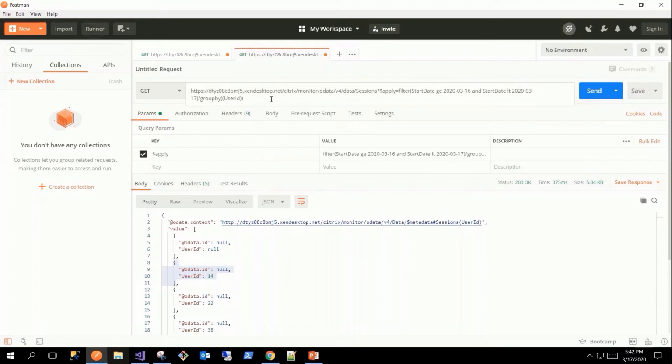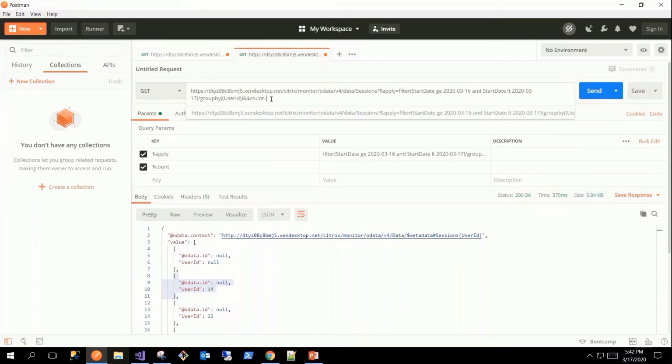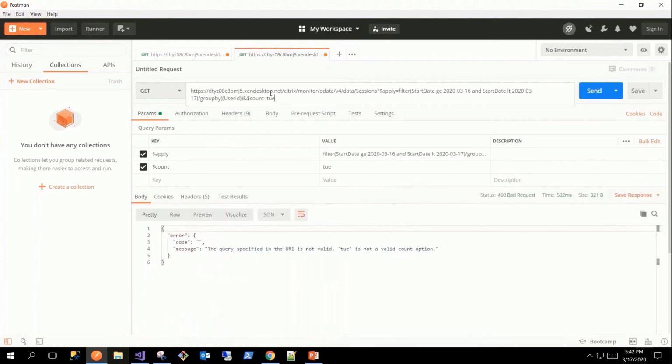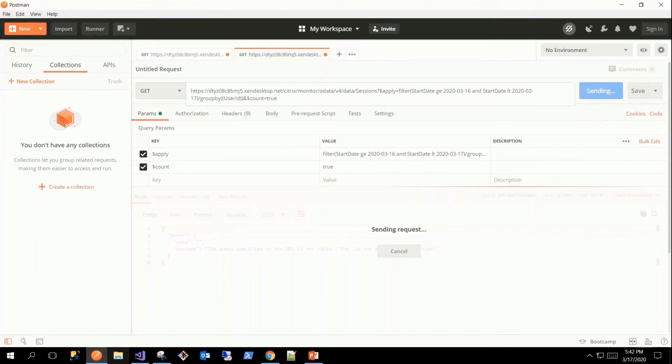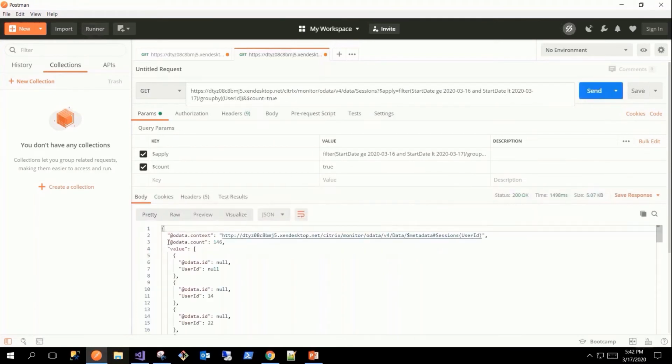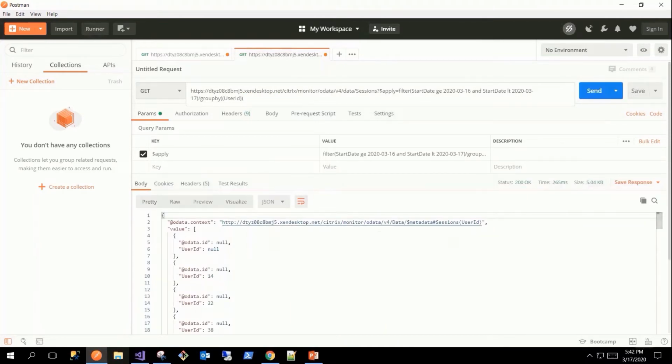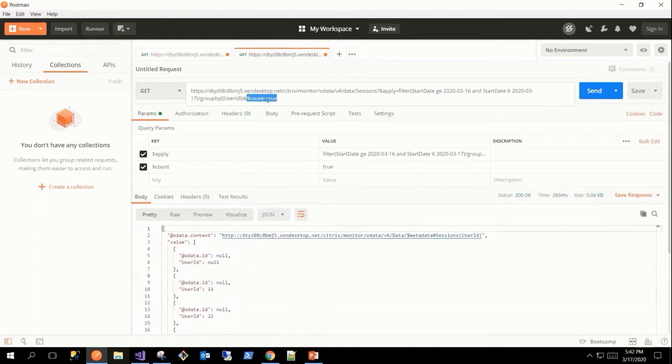So I just do $count equal to true. Now OData returns the count with it. Previously, if you had seen, when I remove $count equal to true, it just returns the list of users, but when I do $count equal to true, it even returns the count.